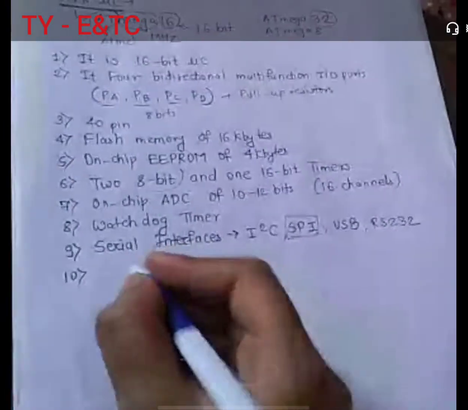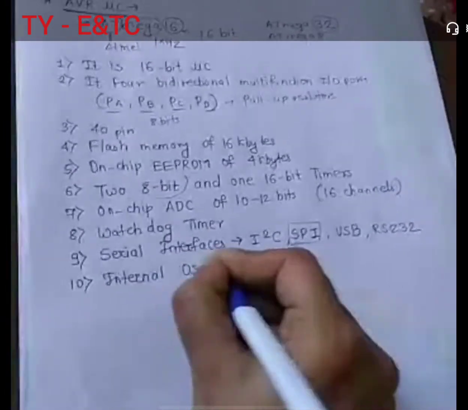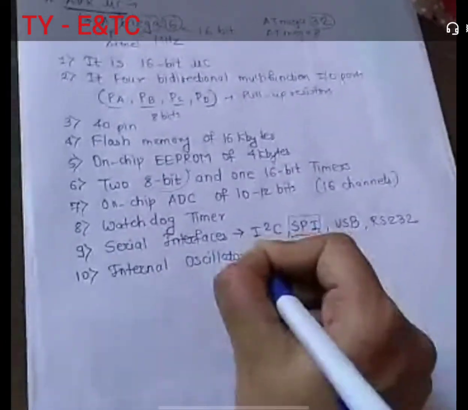Then internal oscillators, whatever the oscillator is there as compared to the other microcontrollers, here we have